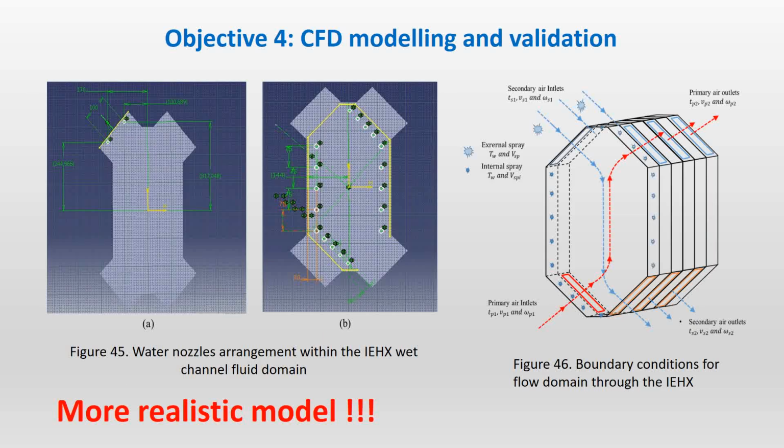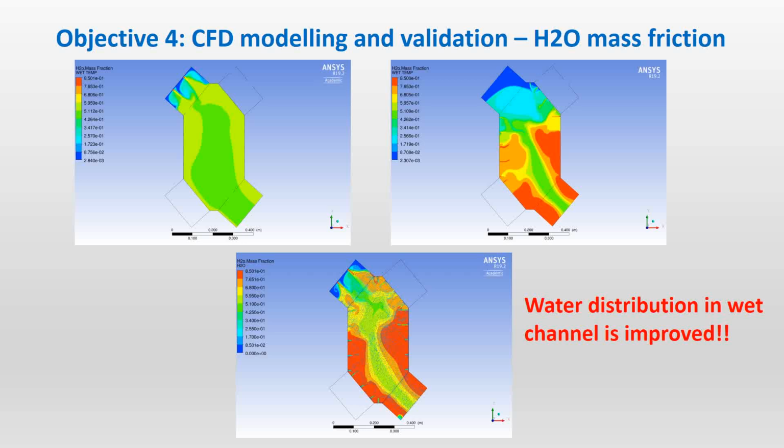Water distribution in the wet channel was improved. I just visualized it. Actually, I tried to do the same thing with the experimental work. I searched a lot for a thermal camera. Nobody told me where I can find it. Anyway, this is the external sprayer. Internal sprayer. The red means more water at this point. The mixed mode. Actually, that's it. The wettability has been improved. We can see that we did the main thing, which is the increasing of the wettability of the wet channel.